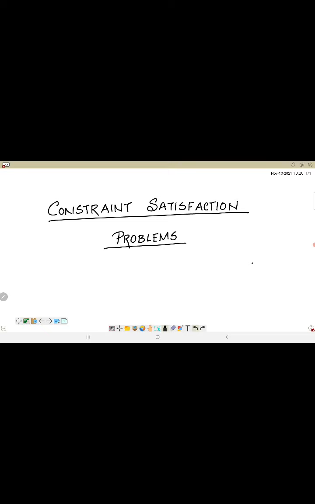In today's session, we will be discussing a different category of local search problems, which are known as constraint satisfaction problems, and in short, we term it as CSP. Now, CSP is a widely used range of problem categories, and these problems basically have states and a goal test which conforms to a standard. So if they match that particular standard, then only we can consider that the goal is achieved.